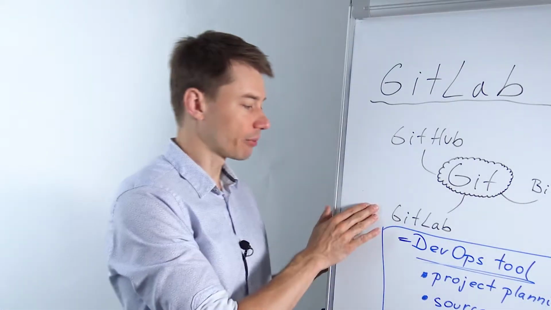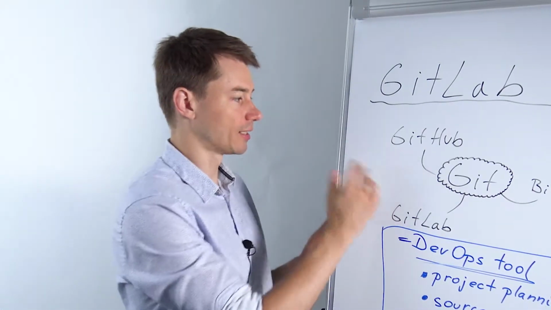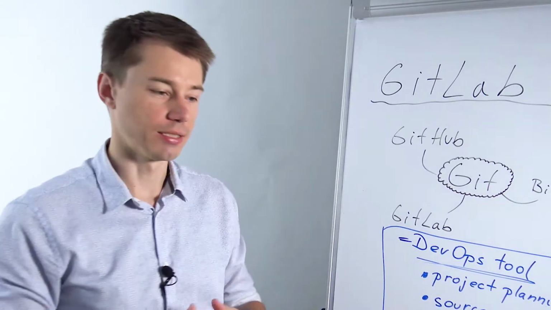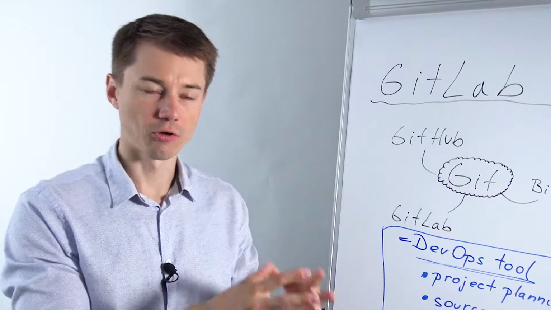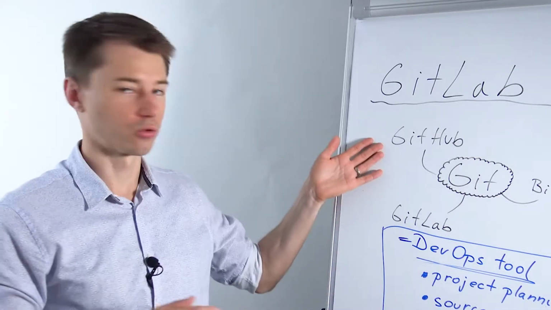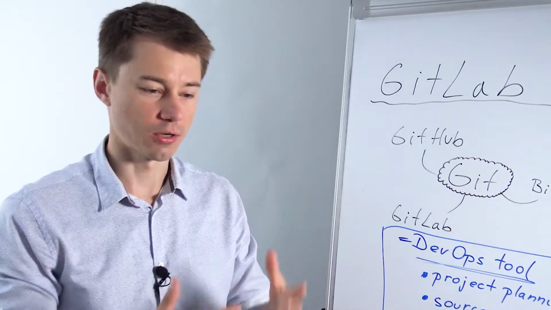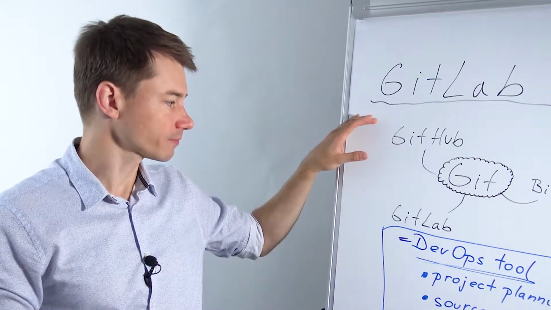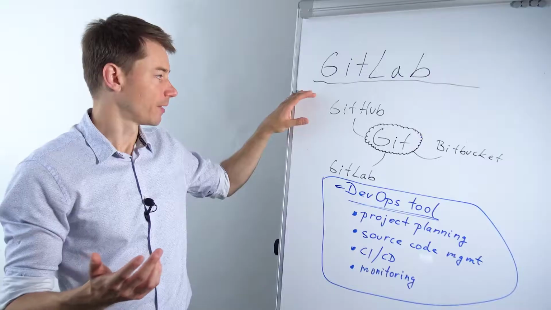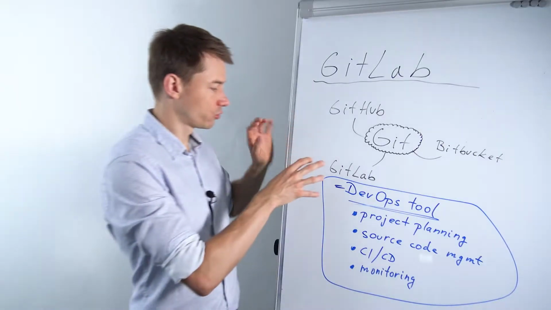So, GitLab is a little bit more than a GitHub. GitHub is a code versioning system. It's a hosting platform for code. Open source communities use it to host open source projects, but also teams, obviously, teams in companies. Now, zooming into GitLab,